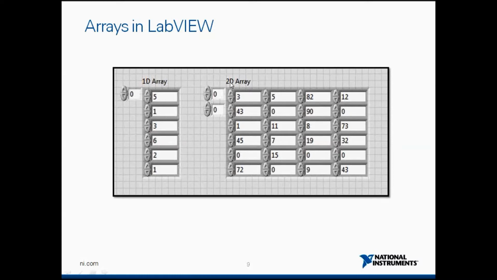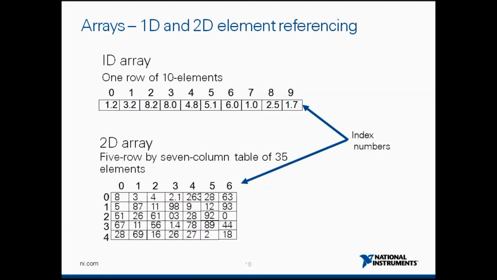Similar in case of a 2D array. Now this is a 2D array where the first number here, this dimension size, represents the number of rows, and this dimension size represents the number of columns. So as you can see in this 2D array, I have 6 rows and 4 columns. If I want to see number 11 right here, I will choose row number 2 (0, 1, 2) and column number 1 (0, 1). So with a row of 2 and column of 1, I can reference this particular element of 11. The same thing is represented again. So this is my 1D and 2D array with various elements in that.